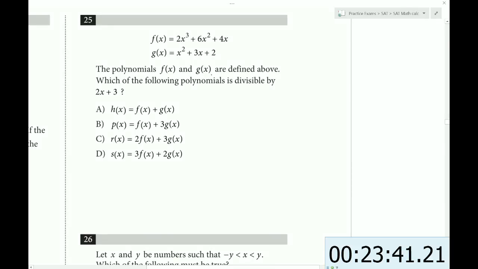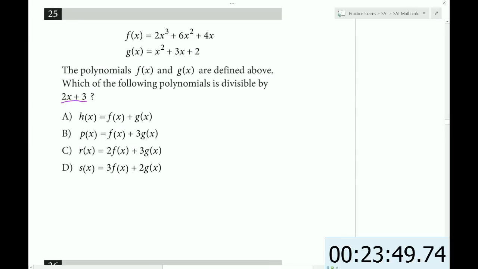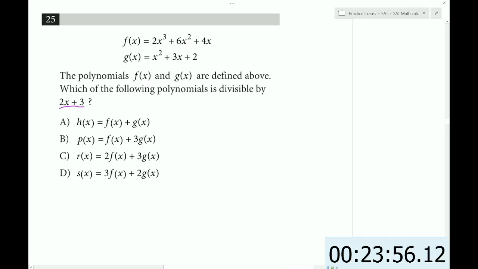The polynomials f and g are defined above. Which of the following polynomials is divisible by 2x plus 3? Okay, this is a tricky question. Here is a possible way to solve it. Let's see. So, okay, so it looks like this I can factor out a 2 and an x, and then I'll be left with